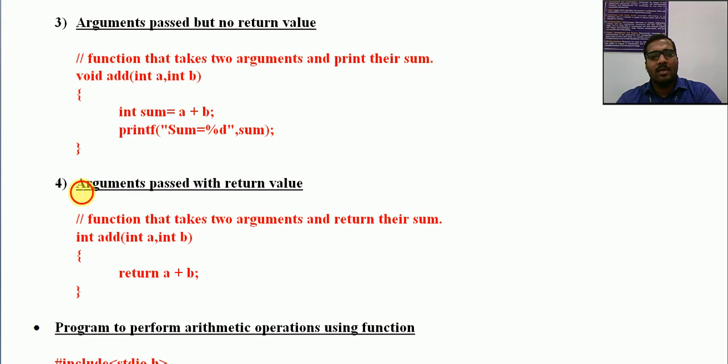Similarly, arguments as well as return value. So depending on the situation, depending on the application, we can use any of these four categories of user defined functions. These are the different ways in which we can write user defined functions.